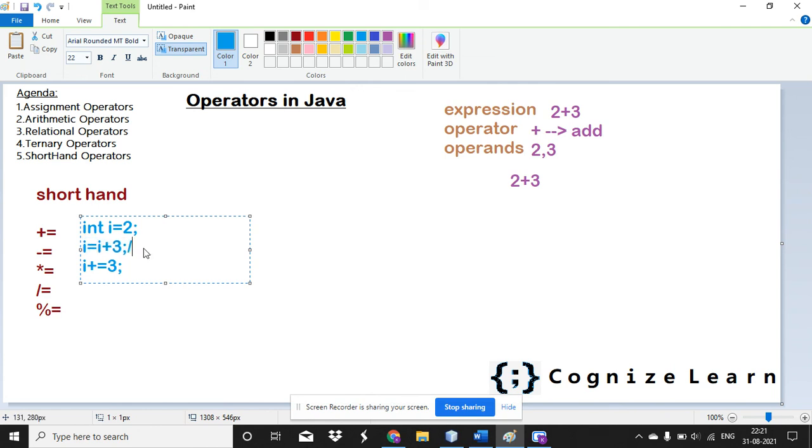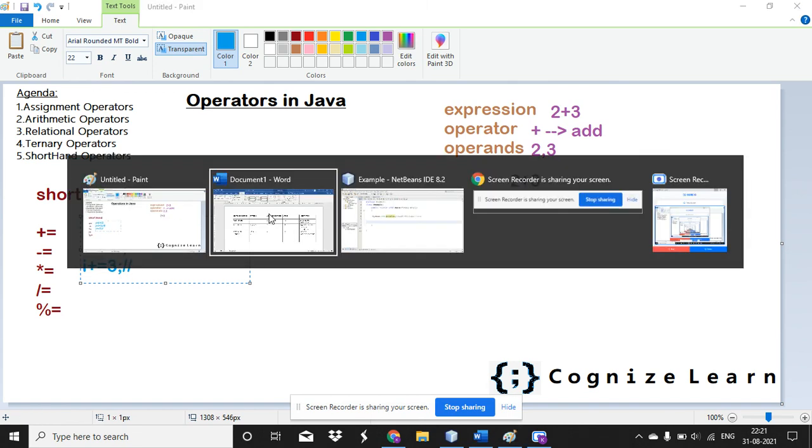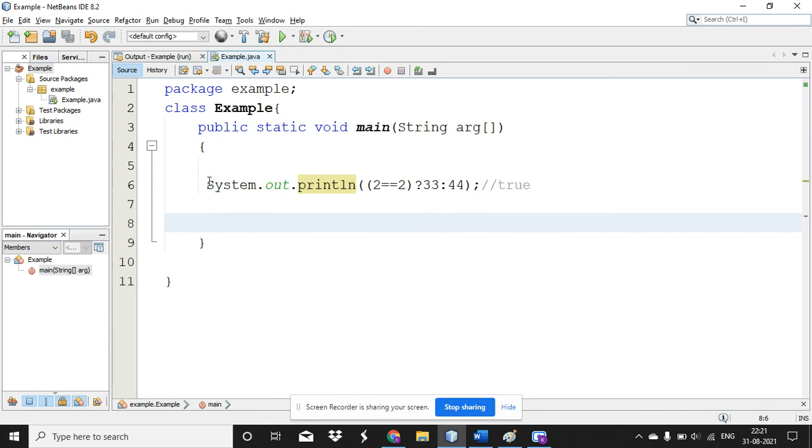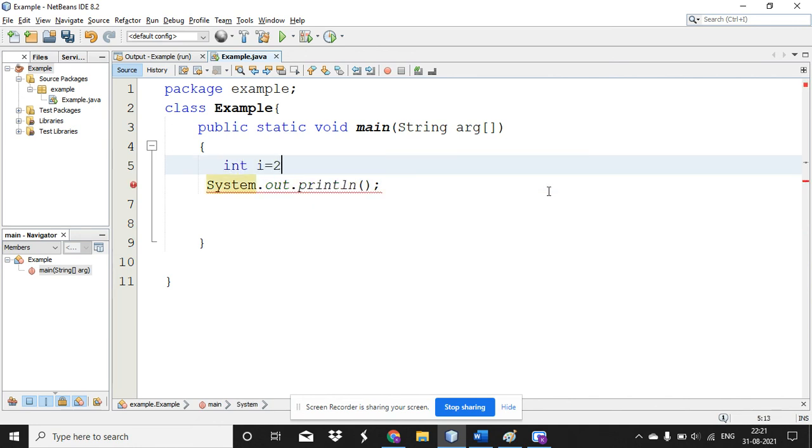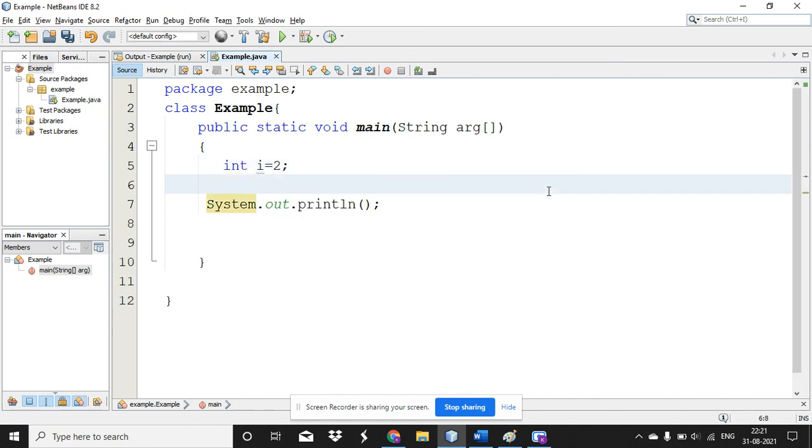So the output of the second statement is also 5. And also, if I replace the second statement with the third statement, the answer will be the same. Okay. So now I'm just doing this. int i equal to 2. And what I'm going to do is i plus equal to 3.